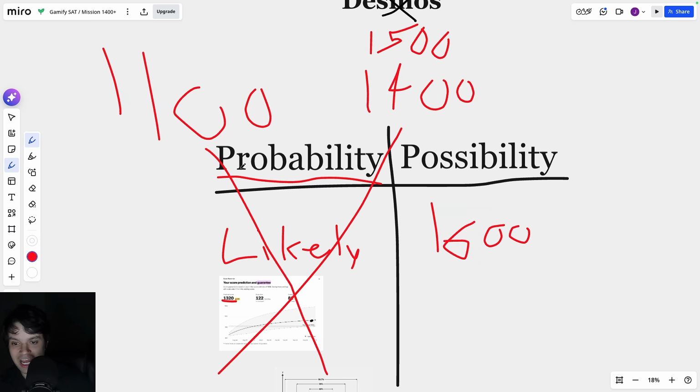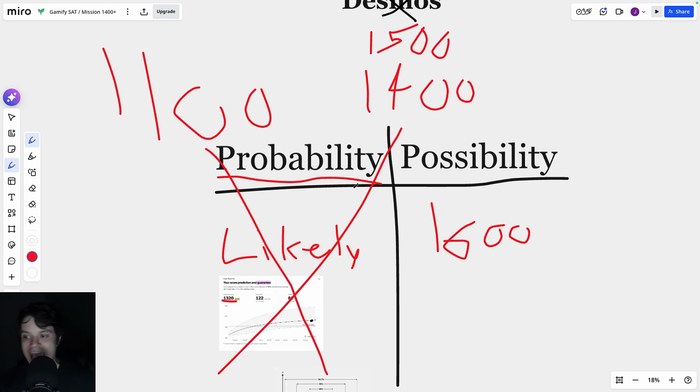It doesn't matter if I tell you that it is improbable for you to get that score. Like, what is that going to do? All that's going to do is maybe convince you to not try as hard. It's going to convince you to just say, okay, I'll give up. I'm just going to put down a random answer for everything. Or even if I tell you that it is probable, all that's going to do is make you feel like you don't have to work as hard. It's going to make you feel like, oh, it's already set in stone. I have plot armor. So what's even the point of actually trying to work hard on this test, because I know I'm going to get this score regardless? All that matters here is the possibility.